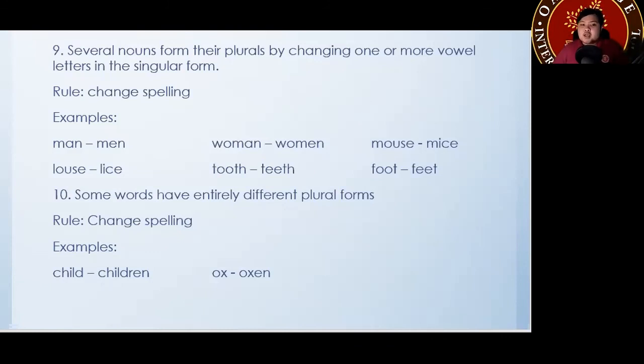Rule number ten: some words have entirely different plural forms, so you change the spelling. That's the rule. Child, for example, becomes children. Ox becomes oxen. And these are the different rules in making nouns plural. All right. Now,